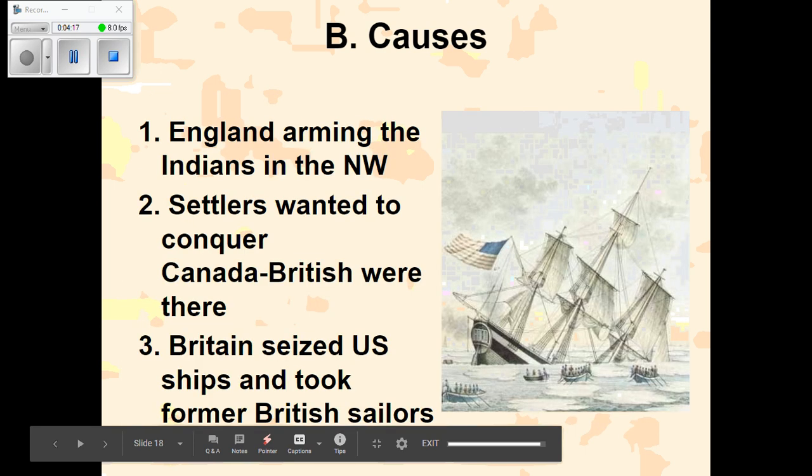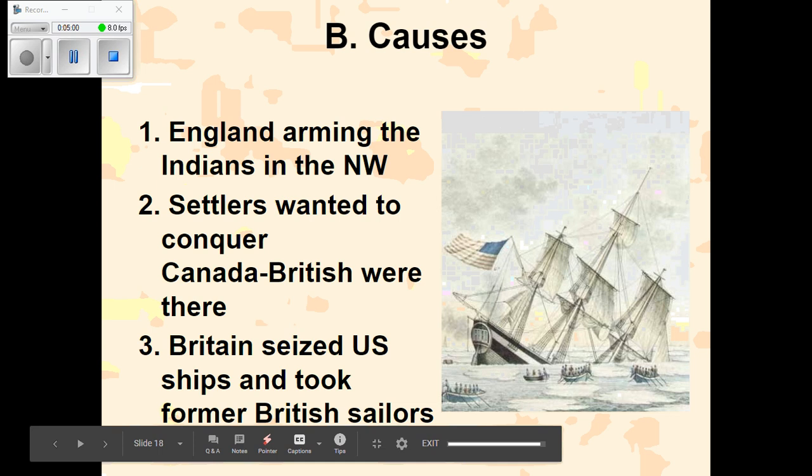And then thirdly, Britain was doing what was called impressment. John Green talked about this in a previous video: they were seizing U.S. ships and taking former British sailors. Now, the War of 1812 is not that far away from the American Revolution. So after the American Revolution is over, a lot of these British soldiers end up turning sides, becoming Americans and working on American ships. And Britain doesn't like that. So when they stop these ships on the open seas, almost like pirates, and take the cargo, they also take British sailors from them. People that they thought or knew were British at one point, now working for the Americans, they ended up taking them off of those ships.